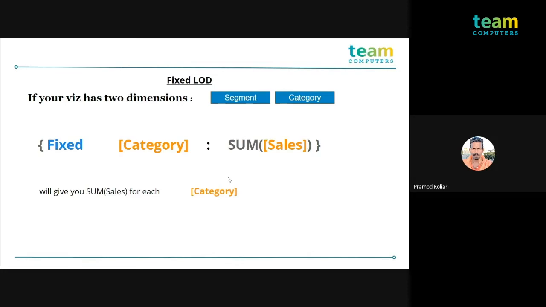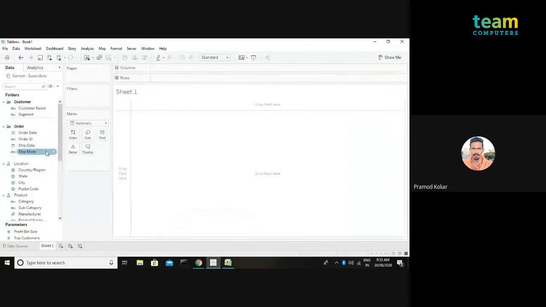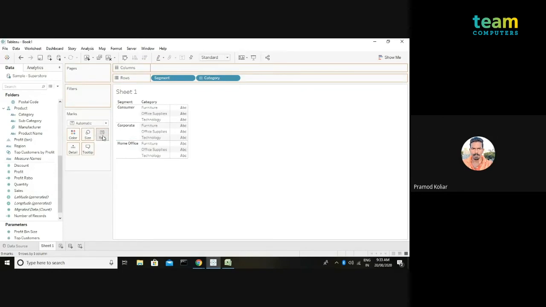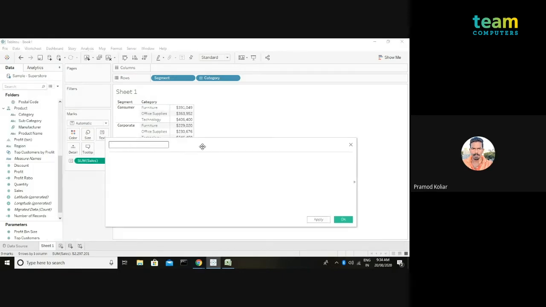Now, if you want to see how this actually works, let's go into our Tableau Desktop. Let's suppose I have my segment over here. I have my category placed against that. Let's track our sales figure. Okay, so this is my sales figure with respect to each category and segment. Now let's write an LOD expression, including the fixed one.